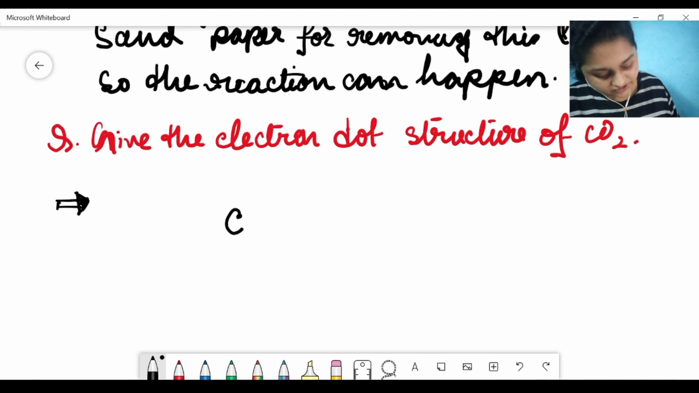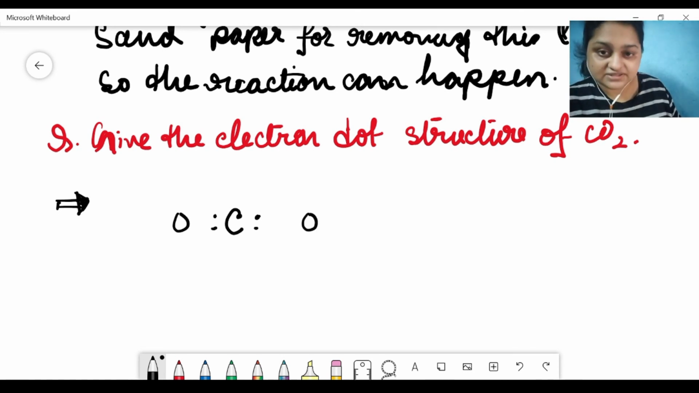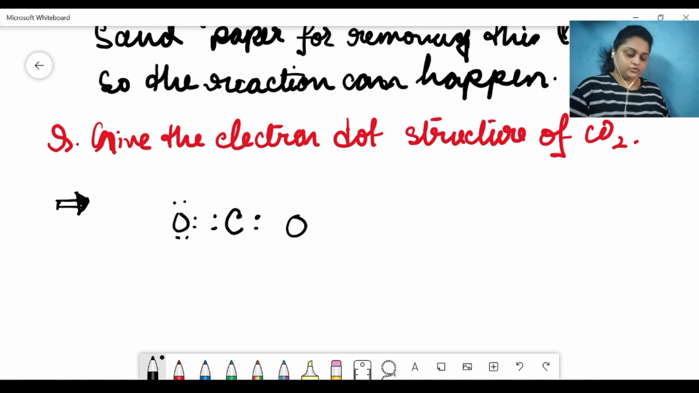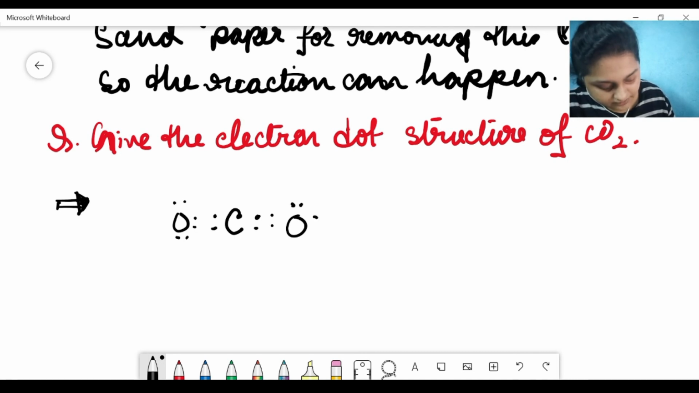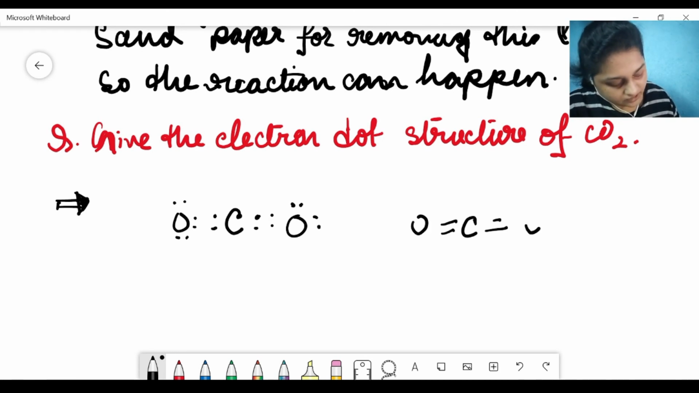Now carbon is the central atom. It comprises 4 electrons. Oxygen, there are 2 oxygen atoms, each comprising 6 electrons. Out of those 6 electrons, 2 electrons, each oxygen shares with 2 electrons from carbon in this manner. Thus forms this Lewis dot structure, in which